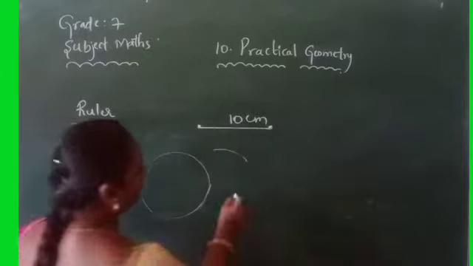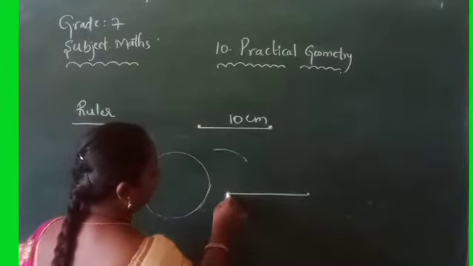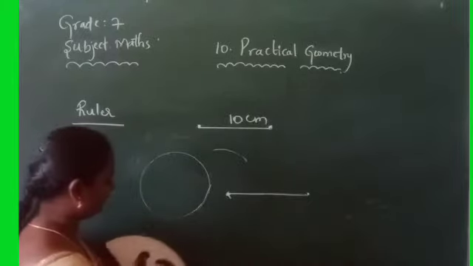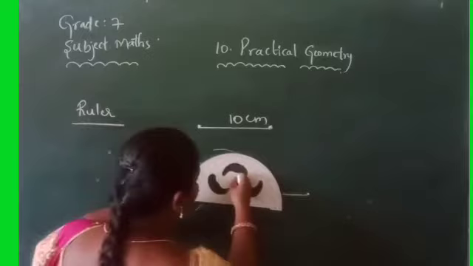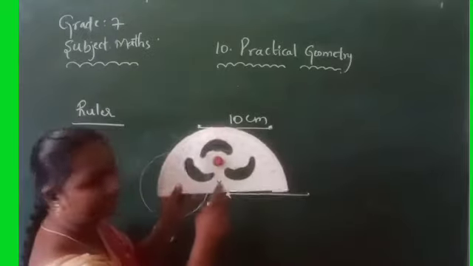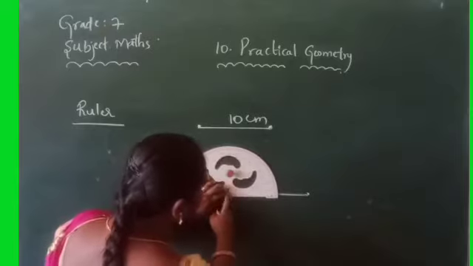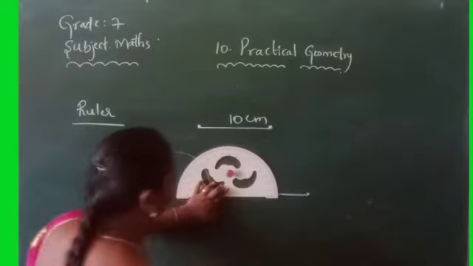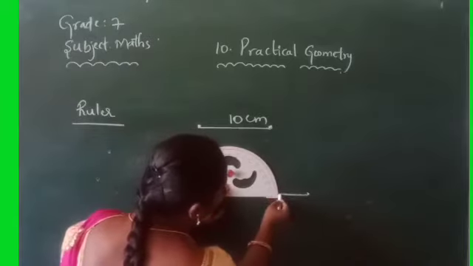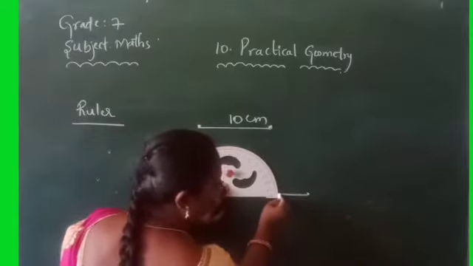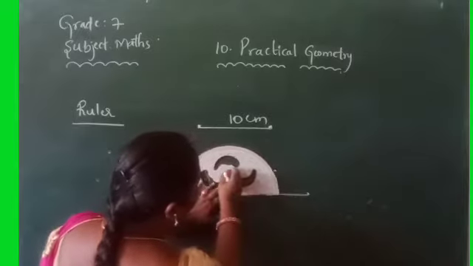First draw one line. Draw any line, or any ray, or take any line segment. Now draw a 30 degrees angle with the help of a protractor. Keep the marker exactly here so that the marker and what you drew coincide, and at 30 degrees you have to stop. On the right side, that is 0, 10, 20, 30.